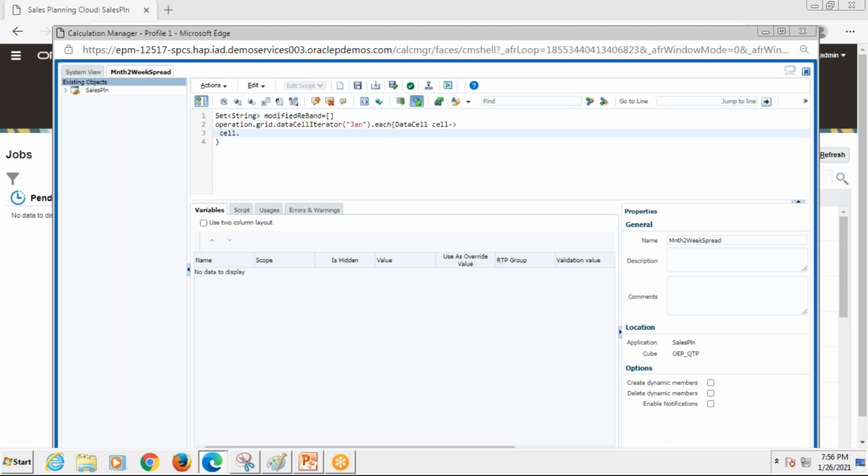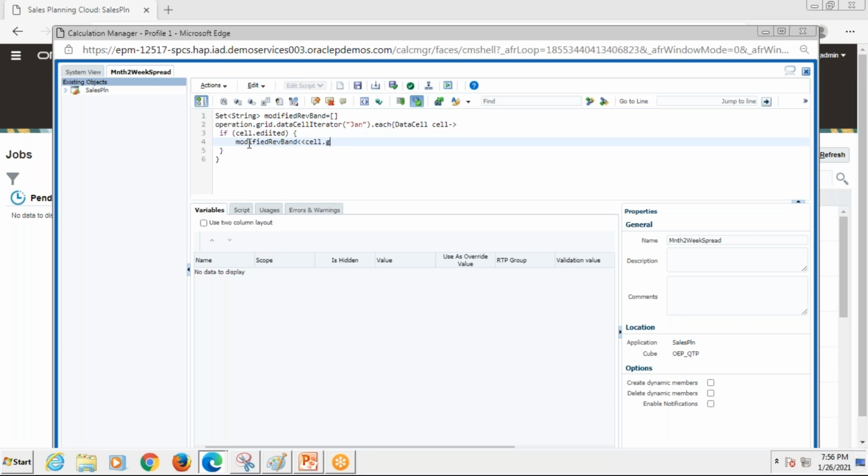Later on I'm writing, if cell got edited, what it should do. The moment the cell got edited, if it is true, it will jump to this piece of the code. And in the code, we are collating revenue band. I'll just change the spelling over here. The revenue band object will collate all the changes, whatever we are doing.